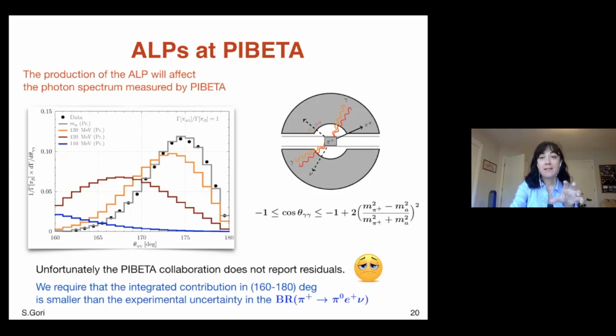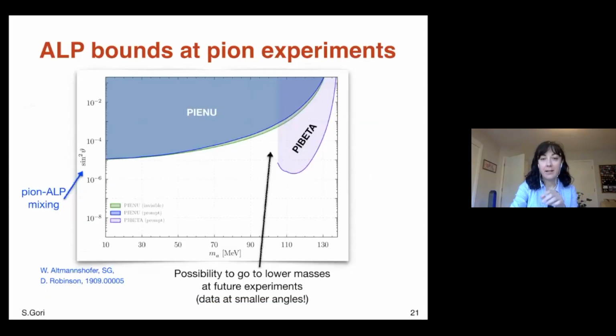But already using this amount of data, what we can see is that we can extract this interesting bound on the mixing angle. So you see that pi beta can only set bounds for ALP masses that are not too light, because otherwise the opening angle becomes too small and we don't have information. And then we see also the bound coming from PIENU. And we see that mixing angles at a level of 10 to minus 3 or so can be probed